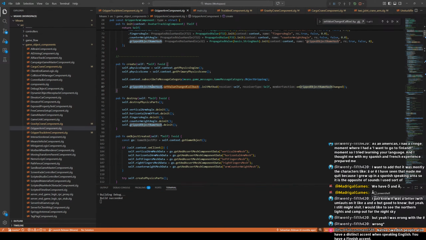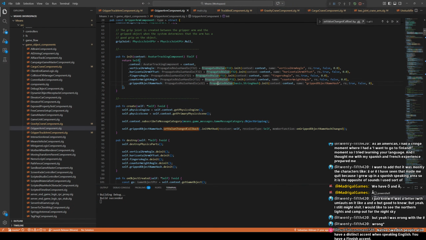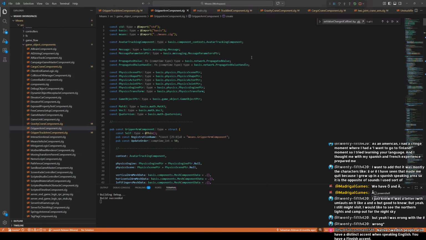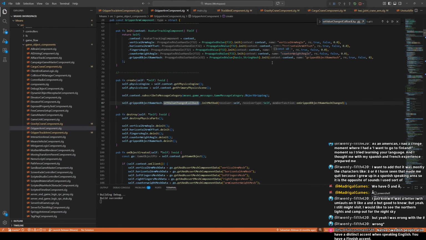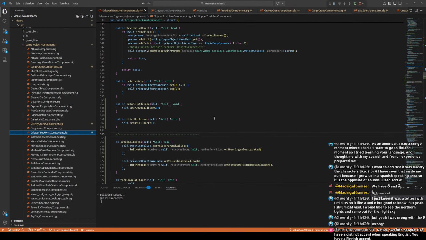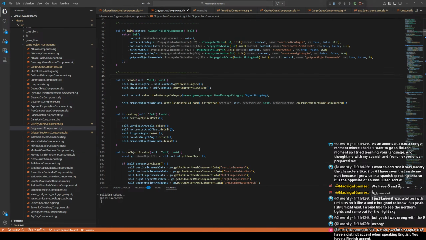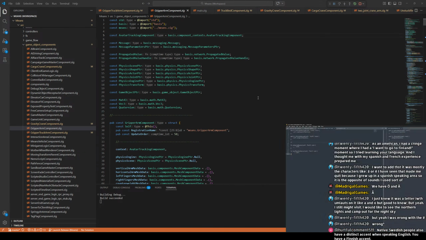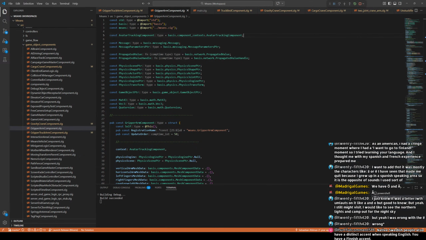It does not crash. Oh, it's this thing. Right. Gripped object name hash. Is that the only propagate? No, we have a whole lot of them actually here. But we don't have more than one value changed callback, though. That's almost kind of strange, isn't it? Because we have two here. We have steering values, and then we have the gripped object thingy. But I bet if we actually